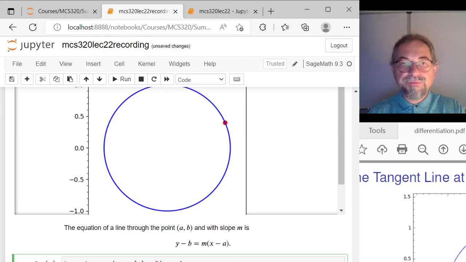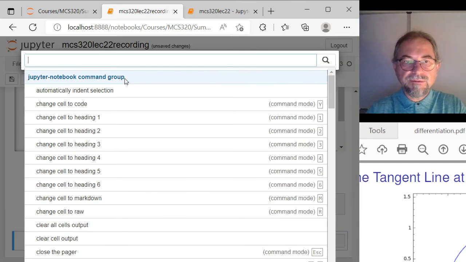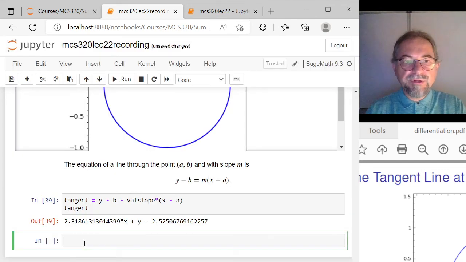So I will plot all points for which this equation equals 0. So there are definitely better, faster ways to plot this. But since I'm already using implicit plot for the circle, I'm going to make a plot of the line with the line command, where